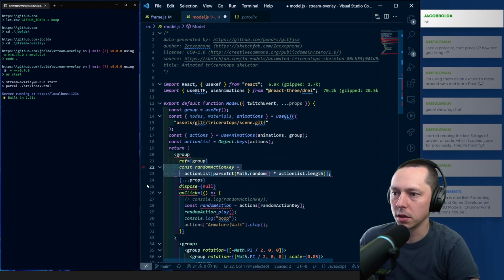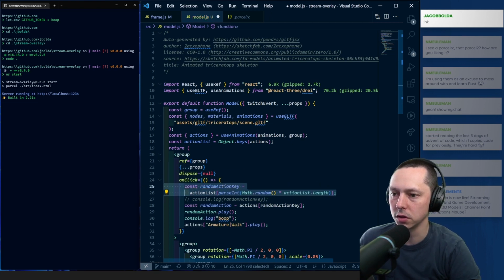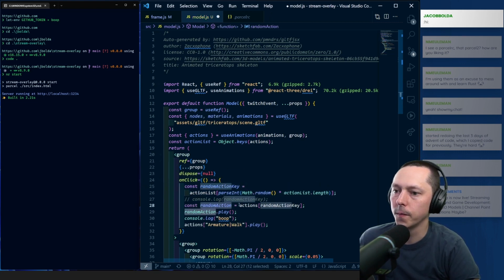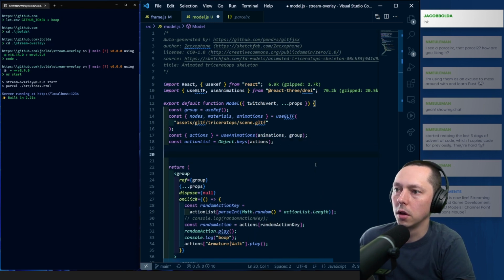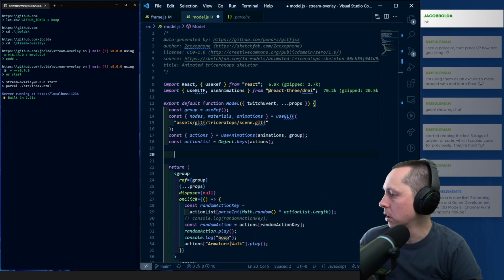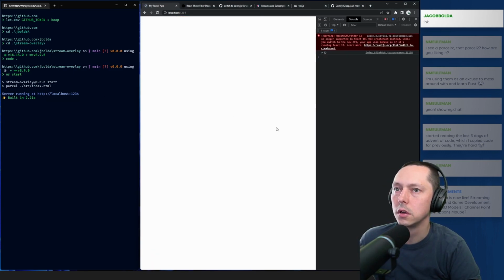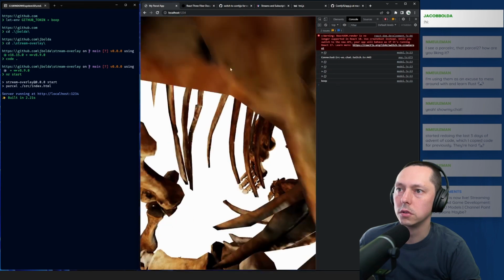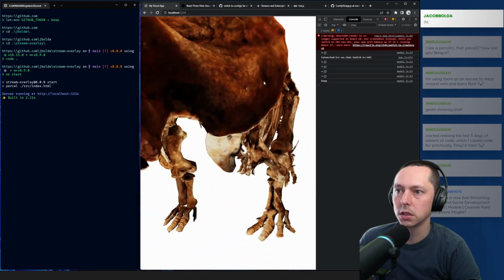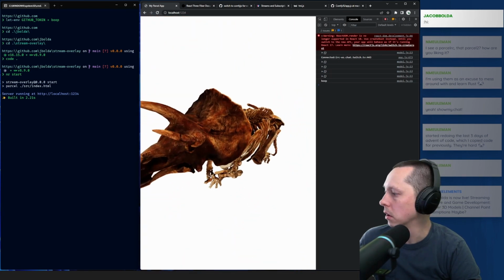Actually, I want to keep that down there because that's specifically for this click event. So what we could do is, I don't know if it's going to re-render this every time. I don't think it is. So I think that's going to be relatively static.